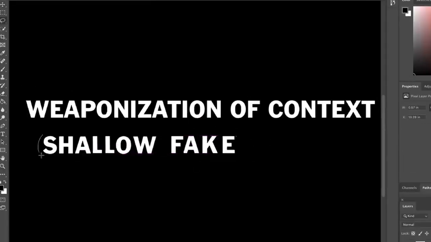Let me break this down. First, what everyone is freaking out about is actually not new. It's a much older phenomenon that I like to call the weaponization of context, or shallow fakes, with Photoshop and video editing software. There's so many examples. How about the time Nancy Pelosi appeared to be drunk while giving a speech? But you never know with this president of the United States. Turns out that video was just slowed down to 75%. It was very